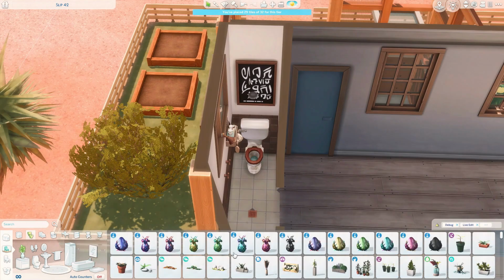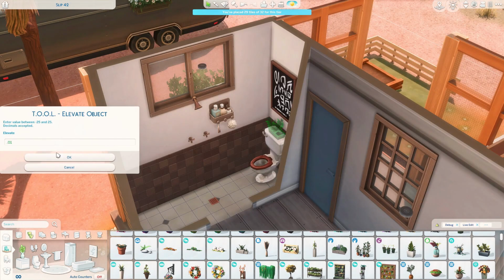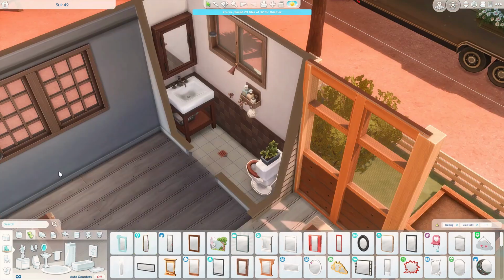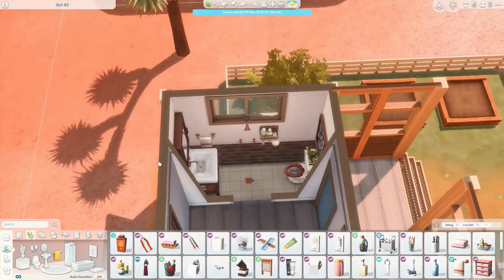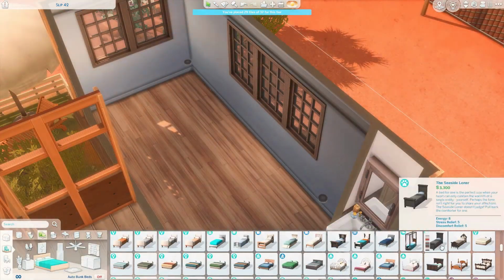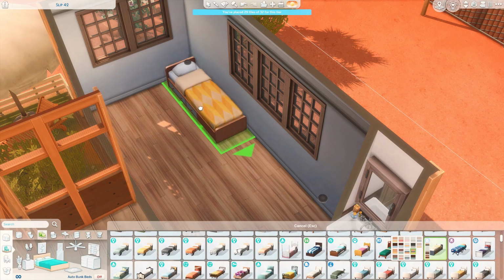It's just your simple 1x3 bathroom, perfect for a tiny home like this. I think we are at 29 tiles, so this is actually a micro home, I believe, because I think it's 32 tiles for a micro home. So yeah, I believe it's a micro home, and it's actually almost a starter home. It came out to